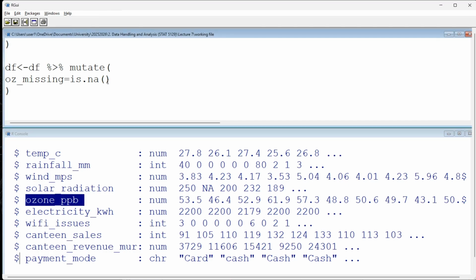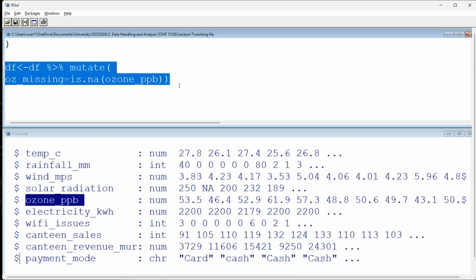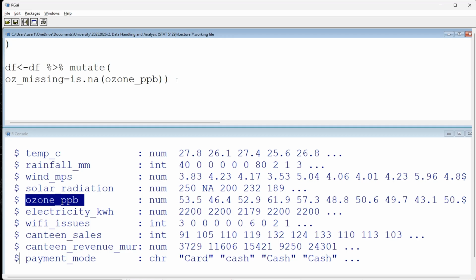I'll put that here, is.na. So we are doing something like this, where in my mutate function, I'm applying this. So let me just put that here. I'm not going to run it now because I've got something else that I want to do, but just for information, this is basically doing